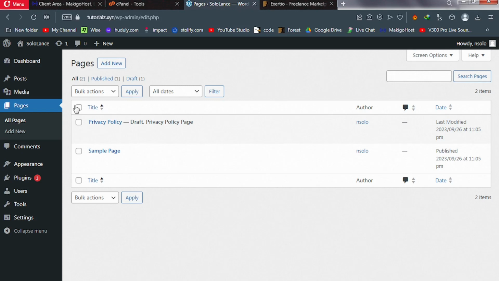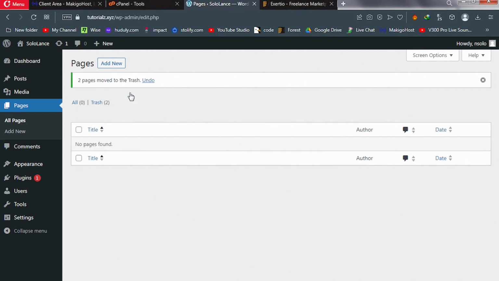When you first install WordPress, it's going to come with its own pages. So let's delete them because we're going to be creating our own pages. Good. Next up, go to plugins, go to install plugins,